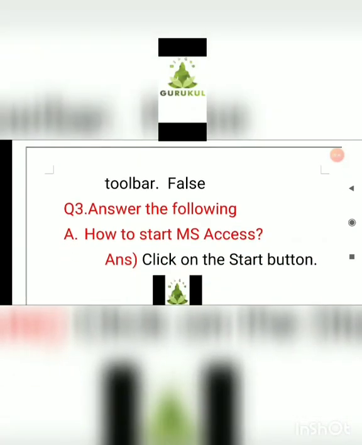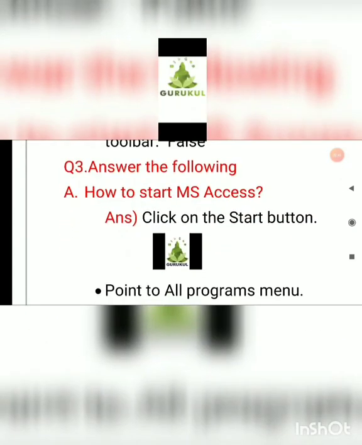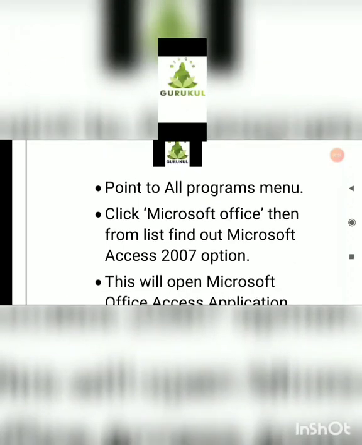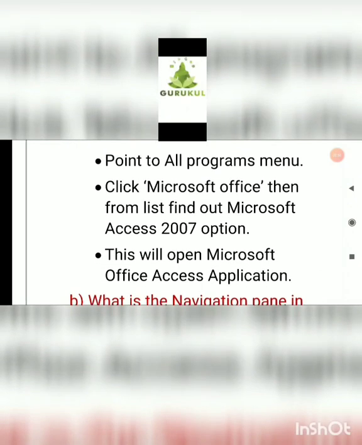Next, we will discuss the brief questions and answers. Answer the following. 3A. How to start MS Access? Click on the start button, then point to the all programs menu, click Microsoft Office, and then from the list a number of programs will be displayed, just like Microsoft Word, PowerPoint, Outlook.